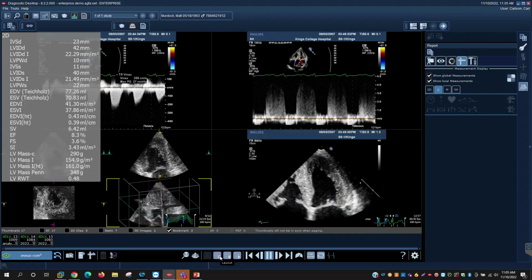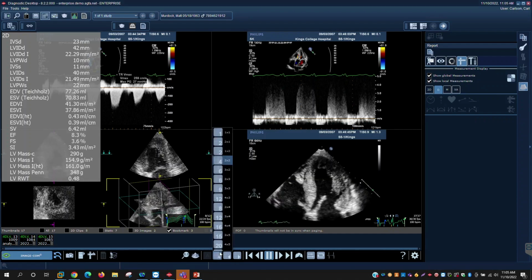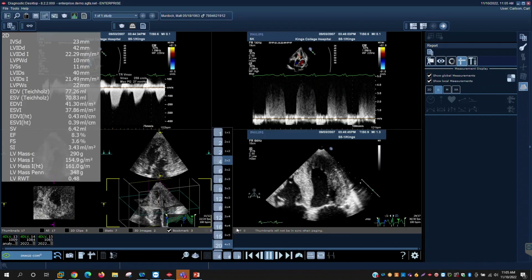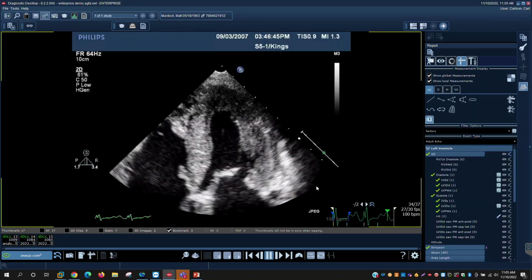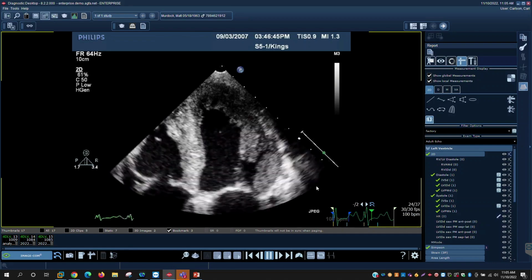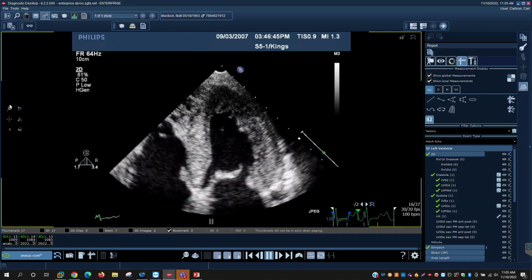4 images at a time, such as the quad that I'm in, or if I want to set my standard preset to 1 at a time, I certainly can do that. If I do want to start off with a quad and then perhaps I want to just see 1 image at a time, I just simply double click, and you'll notice that on the left hand side I've got some